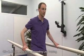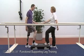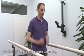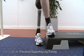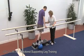Then the patient taps the floor with the same foot. The amputee should first hold on to a rail, then stand in front of the step unsupported and, once this no longer poses a problem, dynamically move the arms during the exercise. Another extremely effective way to increase the level of difficulty is to make a drumming movement with the arms during this exercise. This exercise can also be done from the side while standing beside the